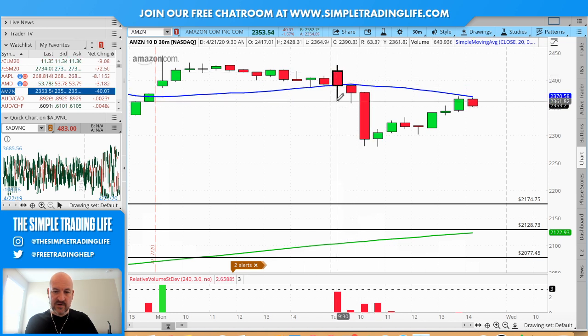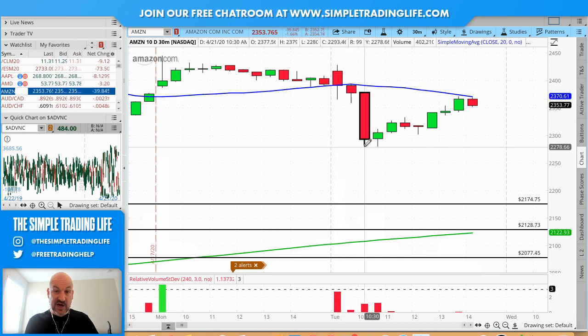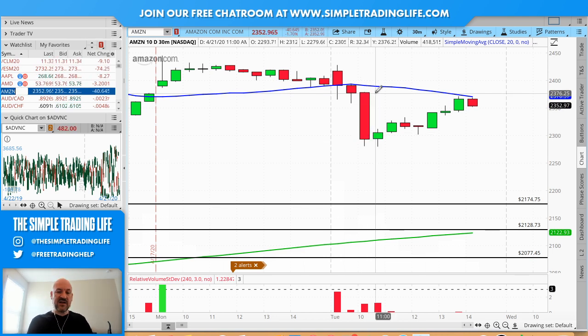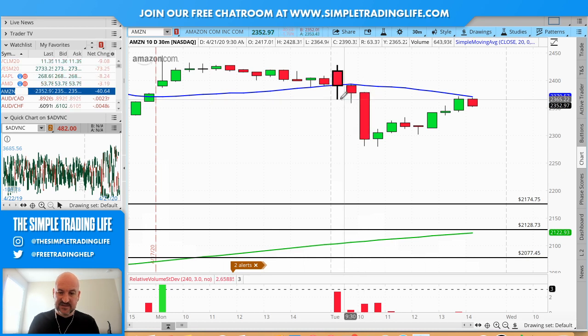We broke, we retested it, and then we went. Okay, break, retest, go. That's a very common pattern. So if you're playing it from a scalping perspective, you could either, once it takes this out, or the more conservative would be once it takes this out, you could look to go short.